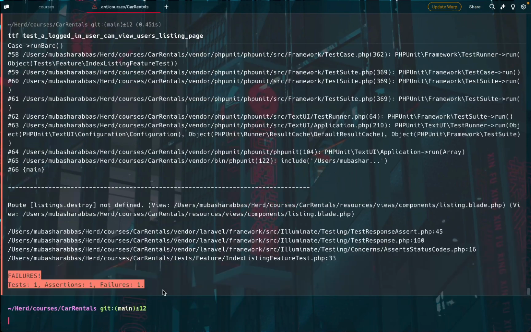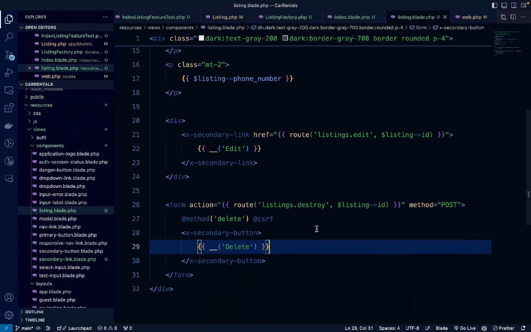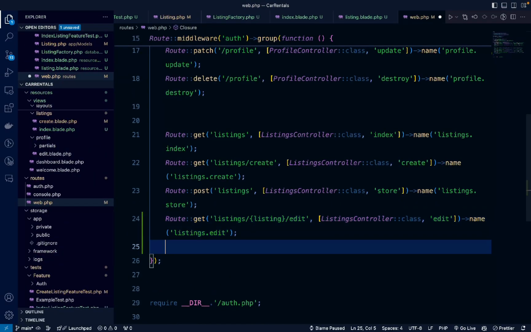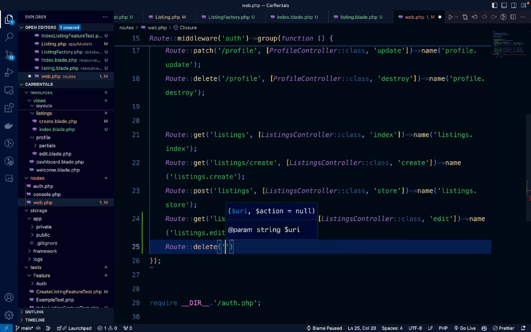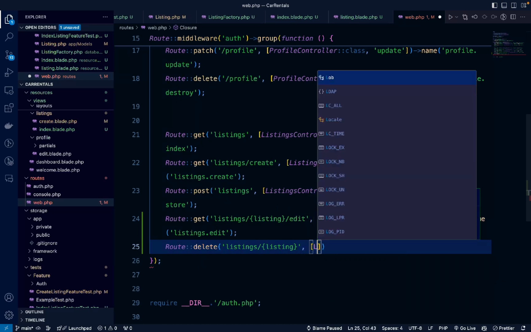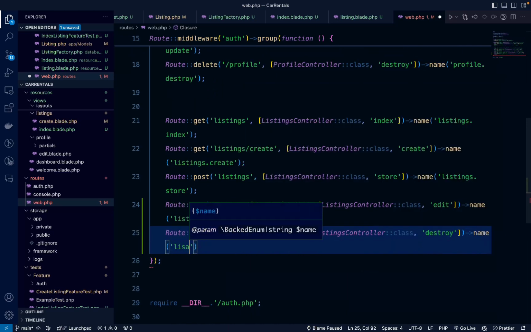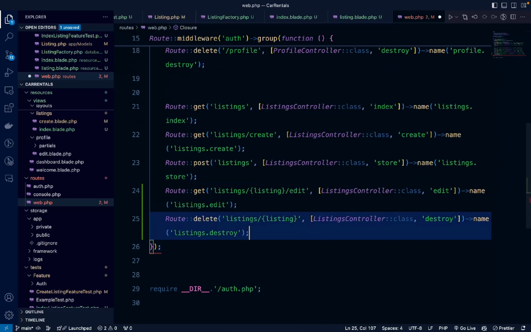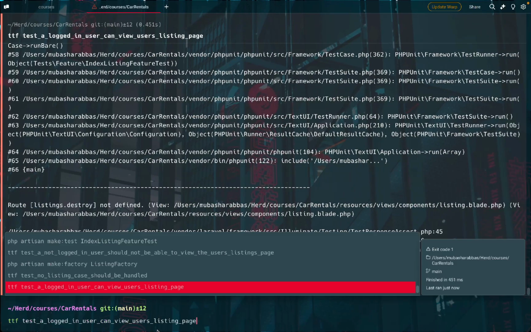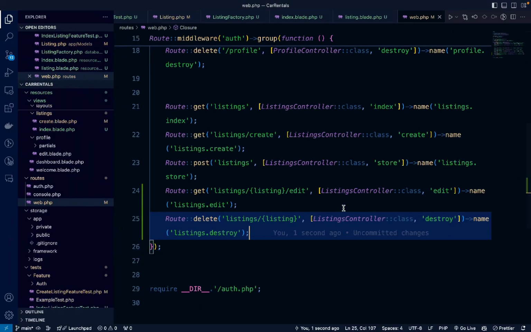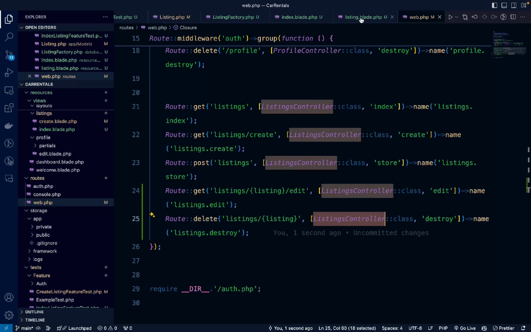And run it. Listings.destroy is not defined. Let's go and do that. Route delete listings slash listing, listings controller class, destroy, name listings.destroy. All right, let's run the test and it passes. All right, so